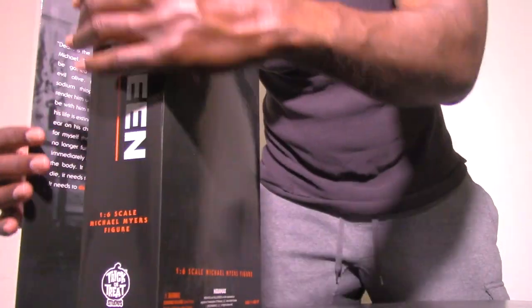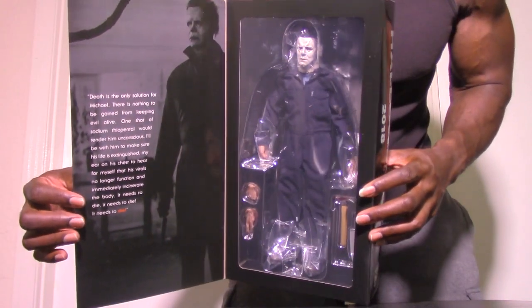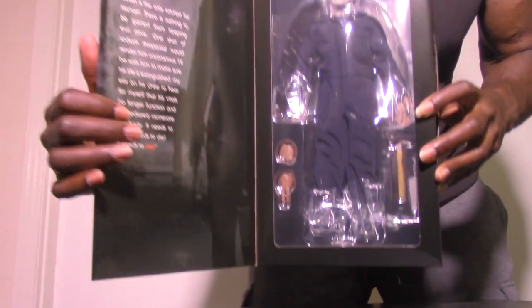Of course you open it up, and it has this window base packaging, which I think is awesome. It has a description, and you can see the Michael Myers figure on the inside as well with the accessories. Then they have this scripture here just like they did on the previous one,